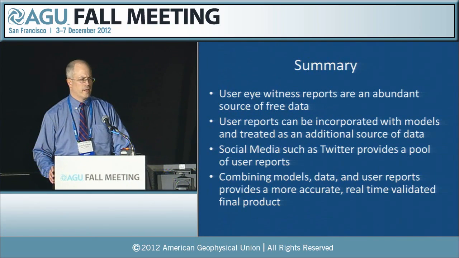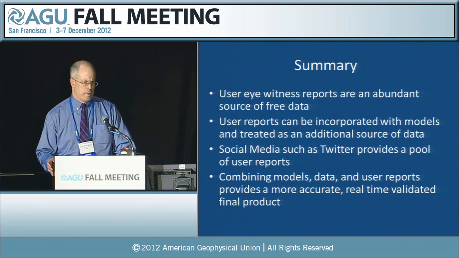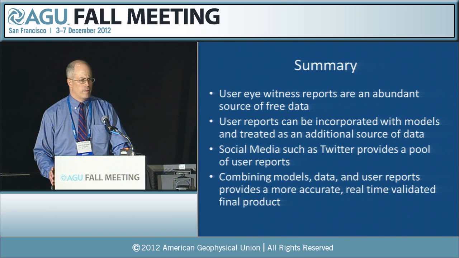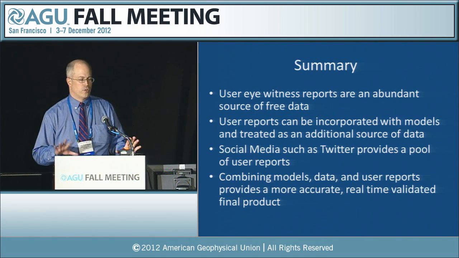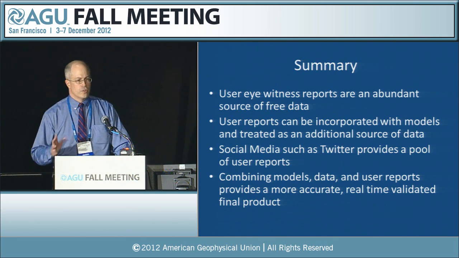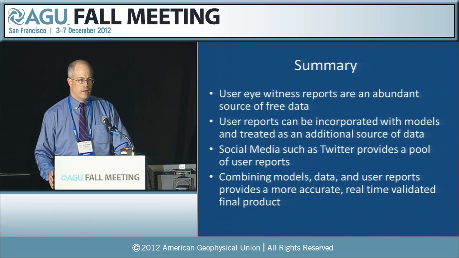That's a good question. As I understand the Aurora project, I think it would be pretty much limited to encouraging people to use the dedicated address for this, so that we don't have to sift through mentions of Aurora, Colorado, for example, and also to make sure they have their location in their phone. Otherwise, all they have to know is what the Aurora looks like, and so it's a bit self-selecting